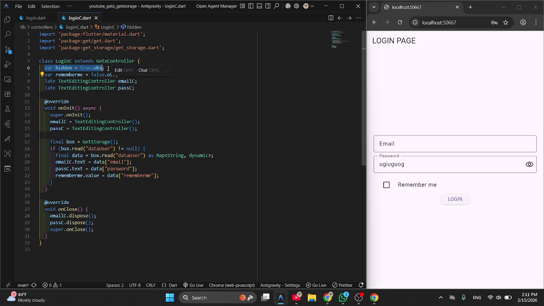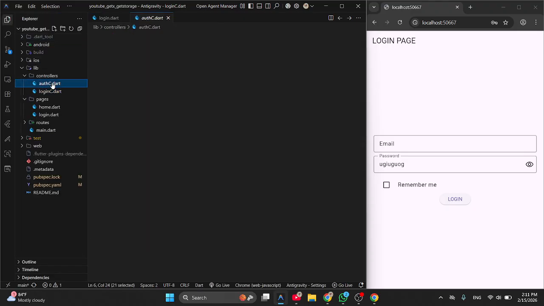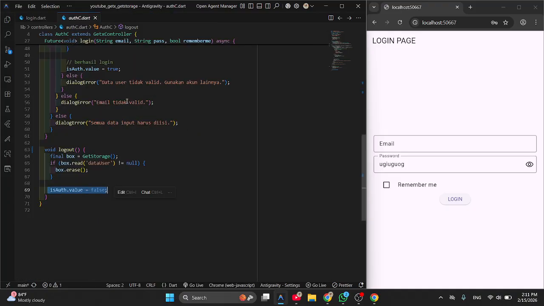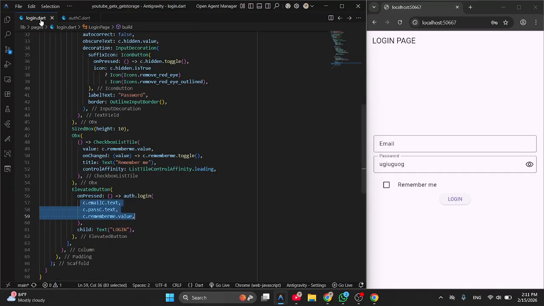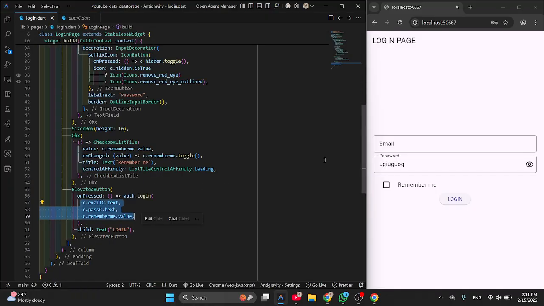Function to... in authentication, to run the function, this login function, like that. For example, I will check the storage.